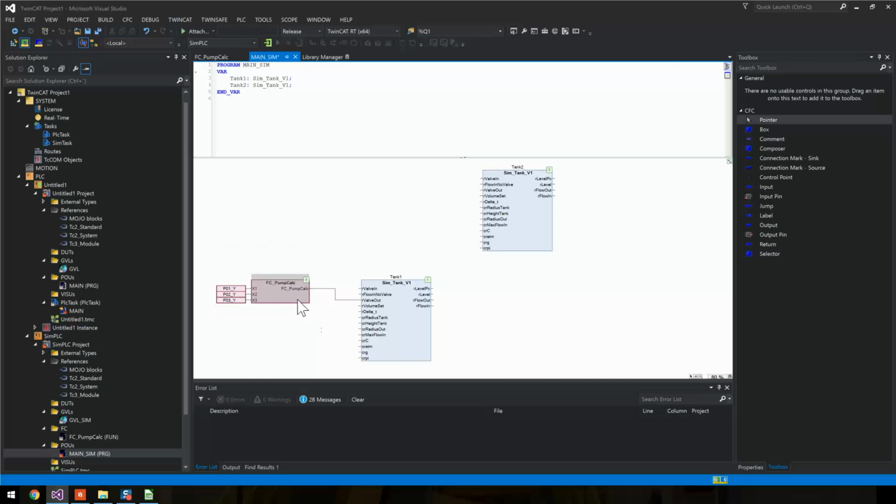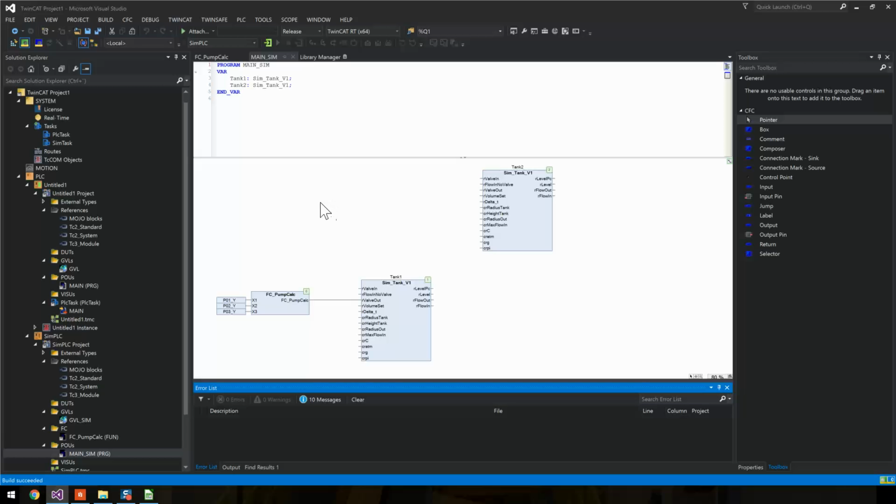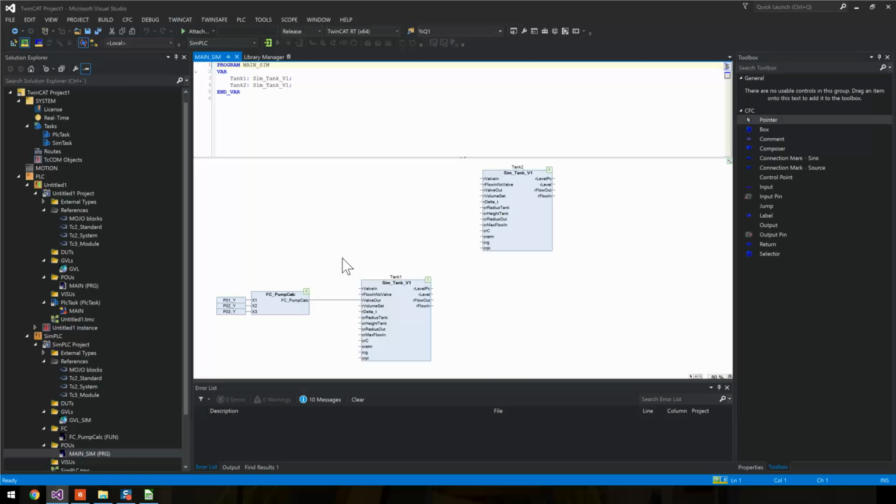Because the pumps are pumping out of tank 1. Let's see if that's gonna work. Should be fine. Then it should produce a level in percent here, liquid level in percent. Here's the exact in meters,